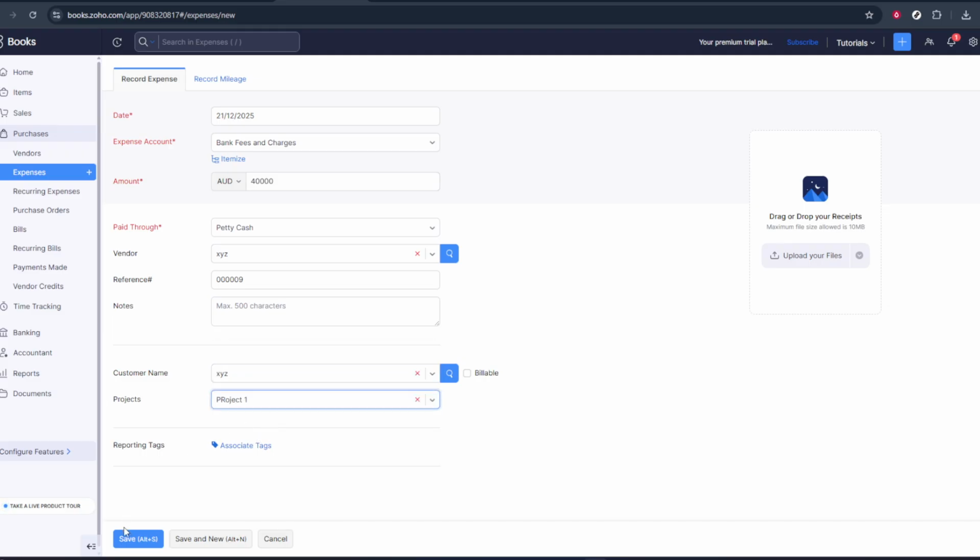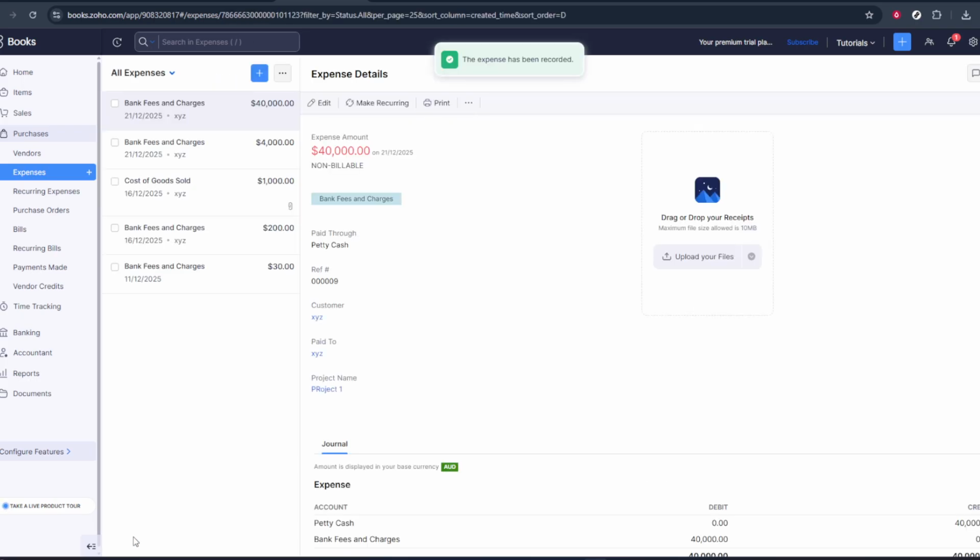If there's an option to attach files, it's a good idea to upload a copy of the original bill for your records. Once you've reviewed everything and